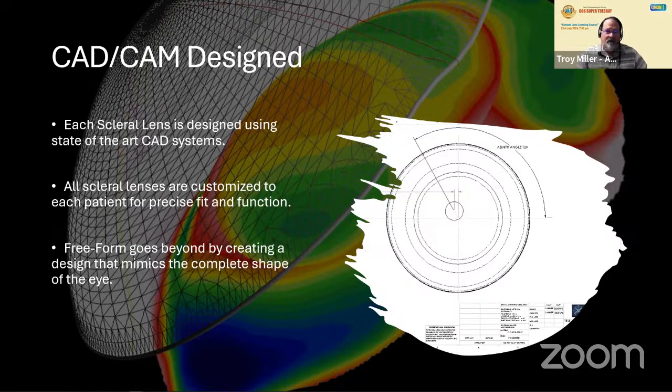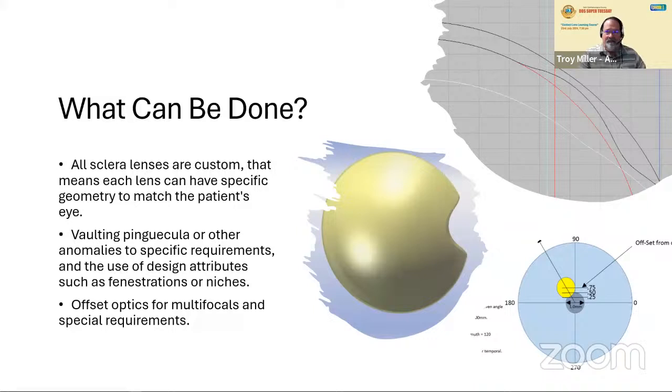Freeform is also an advancement that's come in the last 2 years. Now, freeform is a completely different system where in the CAD, we design the lens to completely mimic the shape of the complete eye. That means not only are we vaulting compromised corneas, irregular shapes, but we're also aligning this lens to the sclera of the eye, which in most cases is going to have some sort of shape to it that is, for the most part, toric. And most of those are at least 200 microns different from flat to steep.